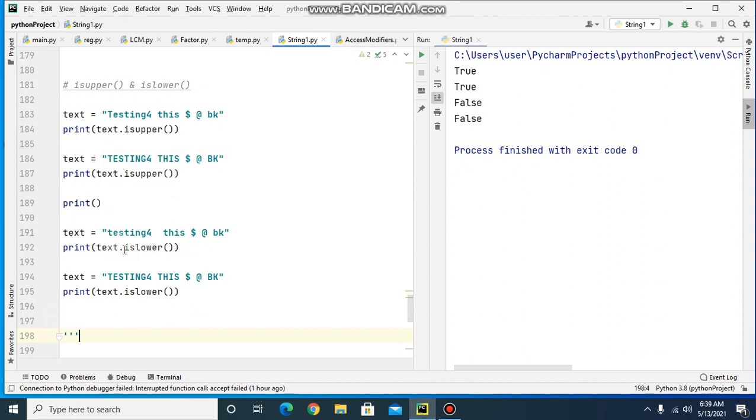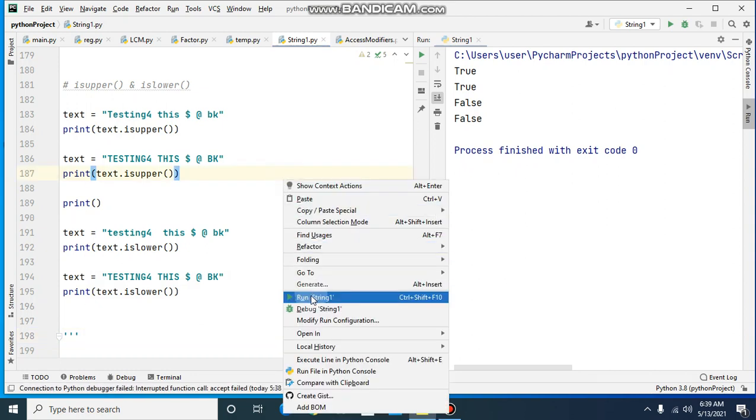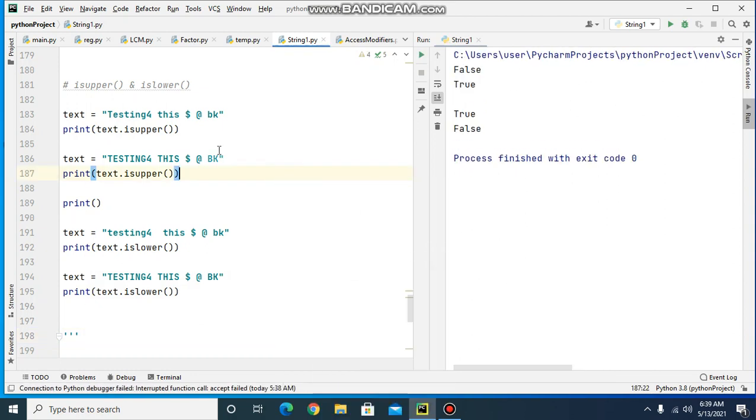Then here I am checking for islower. Here the characters are all in lowercase, so it will return true. And here the characters are in uppercase, so islower is false. We'll execute this. So isupper is false here because of lowercase. Isupper is true here because all the alphabets are in uppercase.